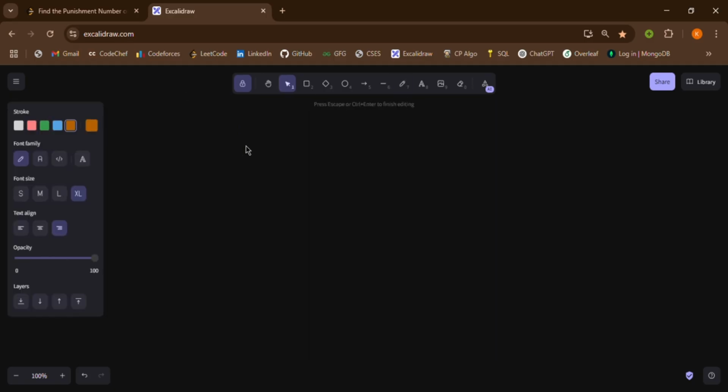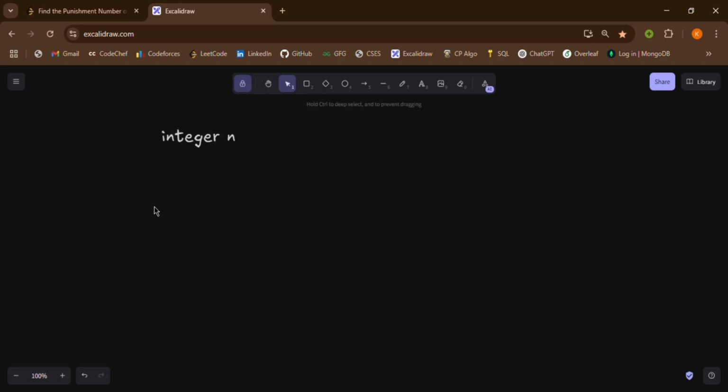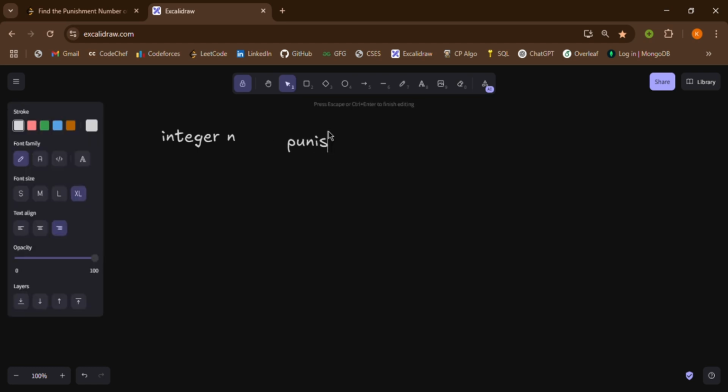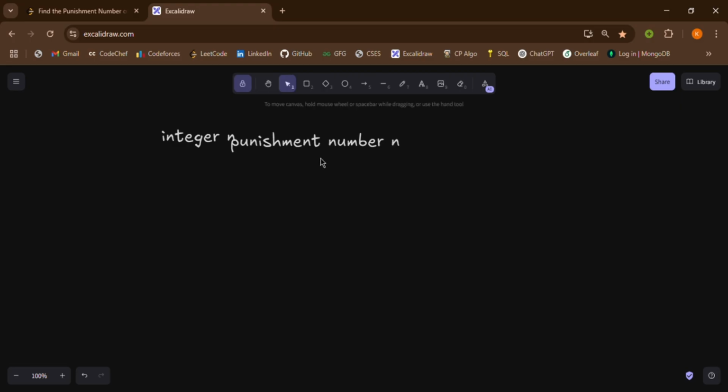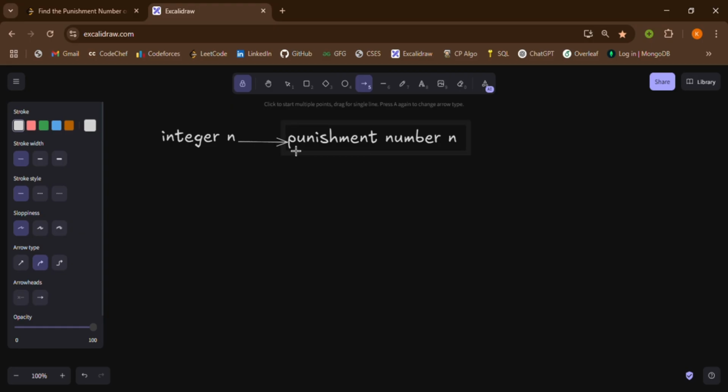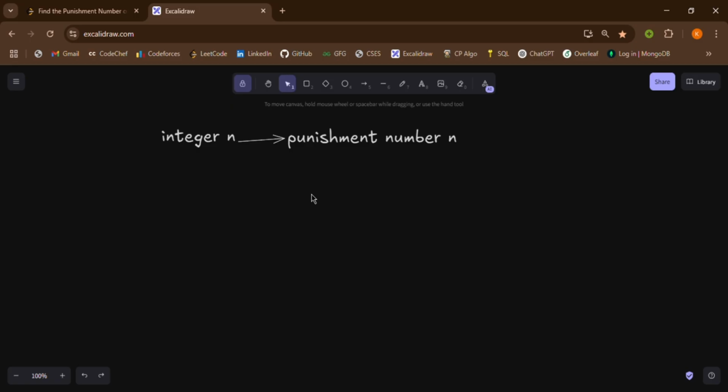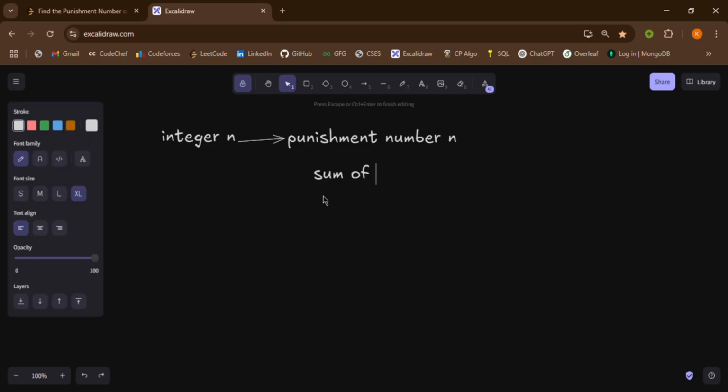We are given an integer n, and for this integer n we have to find its punishment number. And what's the punishment number of n? A punishment number of n is the sum of all such i's, all such x, let's say,